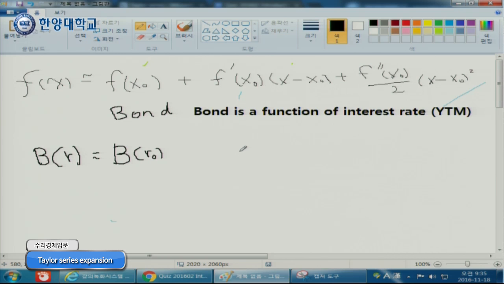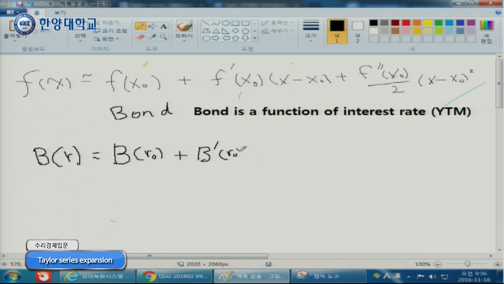And I'm interested in how bond price will change when interest rate changes from R0 to R. Right? So this is something we don't know. But now we can use a Taylor series expansion, so we can approximate that. Well, we don't know this one, but if we use a Taylor series expansion, we know B prime